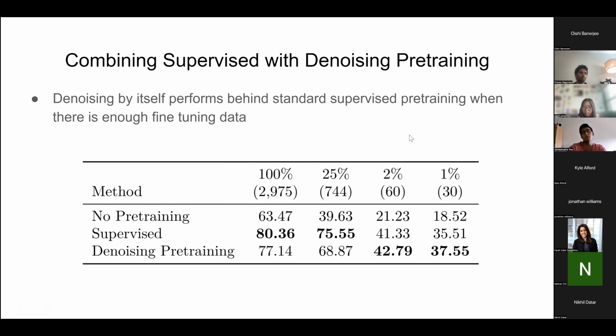They found that pre-training using this denoising task could apply to both the encoder and the decoder, which is standard in denoising. But they found that denoising by itself performs behind standard supervised pre-training when there's enough fine-tuning data. This table here shows this pretty well. We can see that, first of all, when they have a large amount of fine-tuning data, so 100% or 25% of the total fine-tuning data available, the supervised approach, where the encoder is pre-trained using a supervised approach,